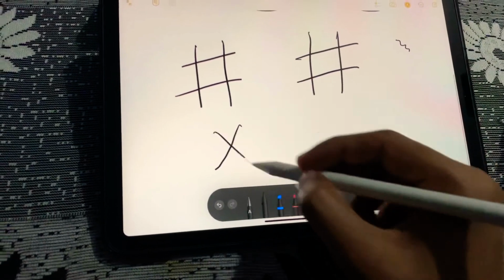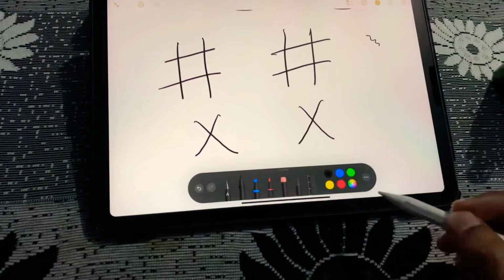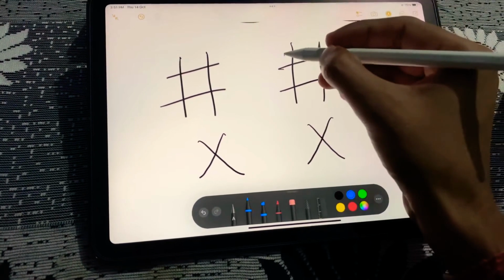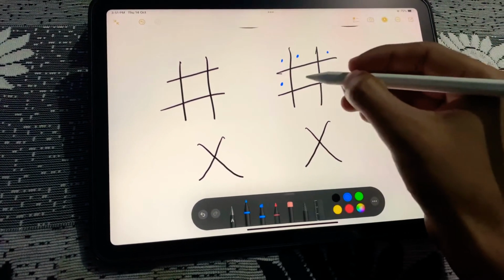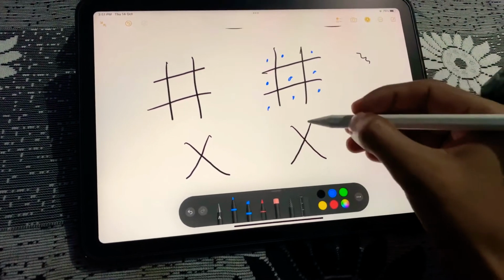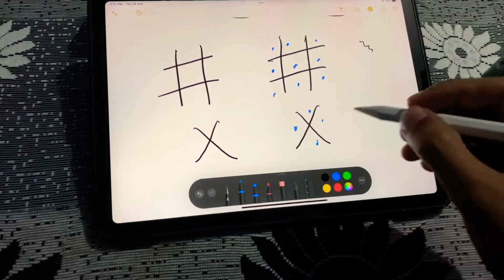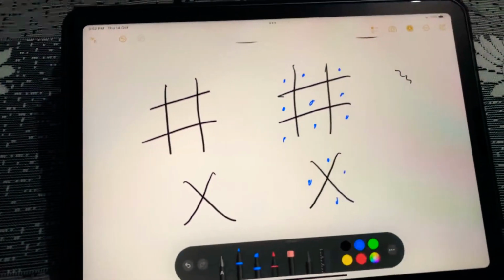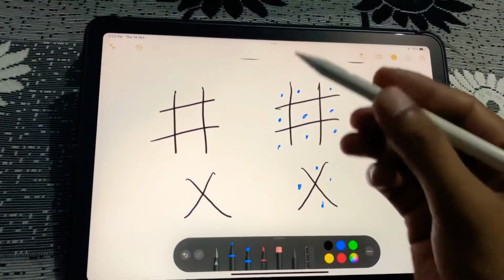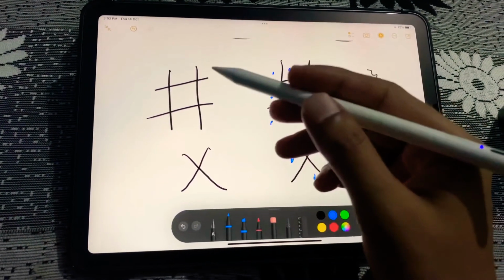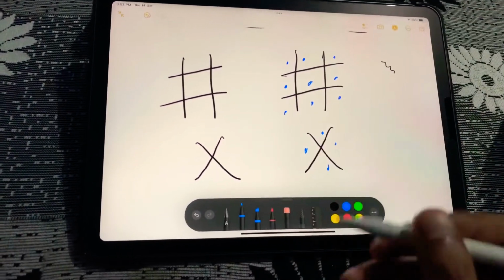To differentiate these boxes and crosses from each other, we assign dots: 1, 2, 3, 4, 5, 6, 7, 8, 9 and so on. Now let's assign each alphabetic letter to each box.